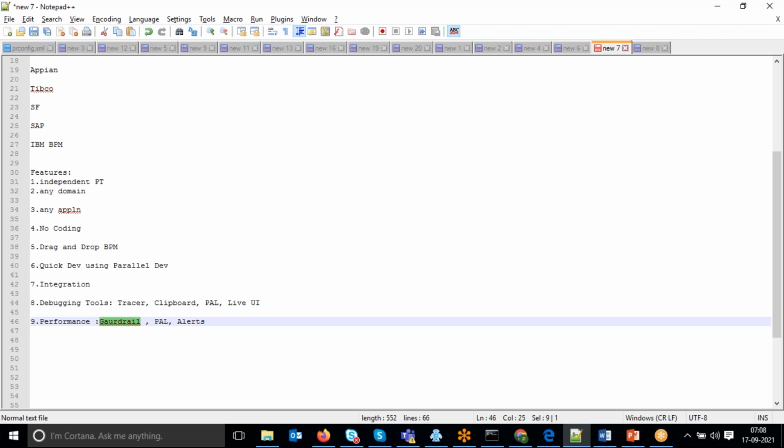To check this, we have inbuilt tools inside the Pega tool. PAL, the performance analyzer, has two responsibilities. One is to trace the database layer. The second is to check your application execution performance. When it finds any performance issues, I need to notify the management, so between them there is one person to communicate the information. Alerts.